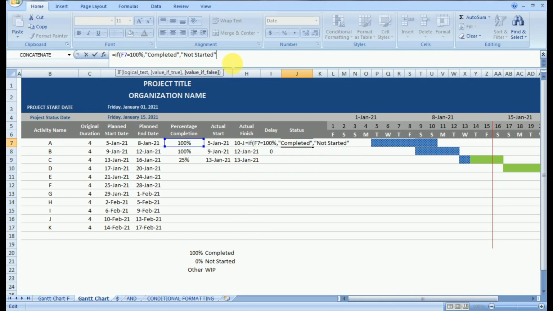Now let us see what will happen once we activate this command. Here you can see the blue cell is the cell equal to F7, which if equal to 100%, the output should be completed, and if the logic fails, it should be not started. Now let's learn the IF command usage to make the automation in Excel.